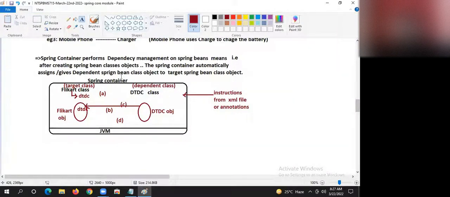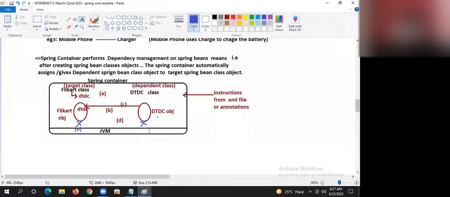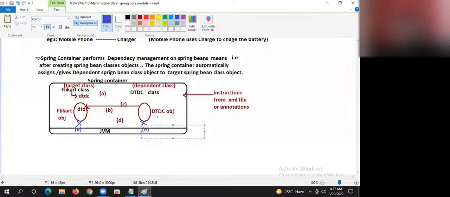After listening to the entire Ramayana, you should not ask me who is Sita, please. A, B, C, D, right, boss? Next, destruction of the objects. Once everything is done, E, destroying the objects. Right, guys.